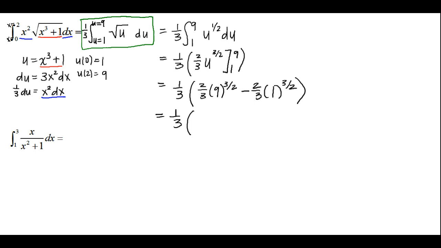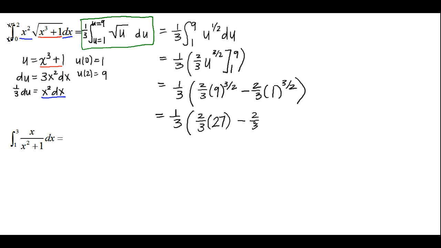And let's keep evaluating here. So I have 2/3 times 9 to the 3/2. At this point, we should have a lot of practice in solving something like this. So this is 9 to the 1/2, so that's the square root of 9, so that's 3. And 3 cubed is 27. So I have 2/3 times 27